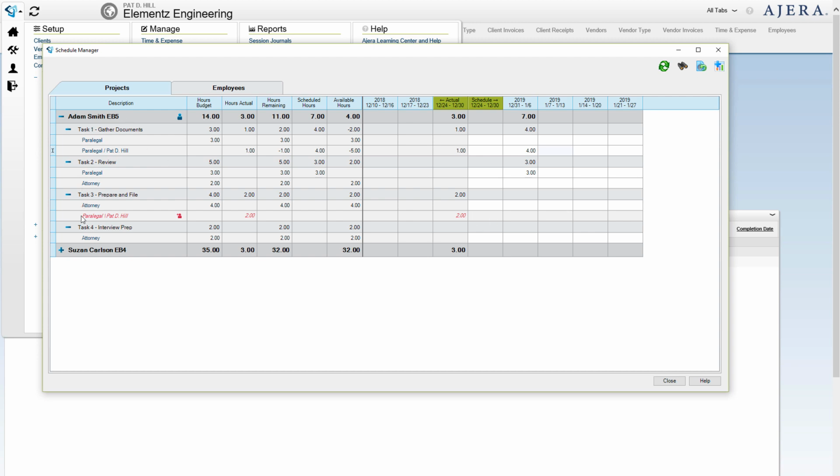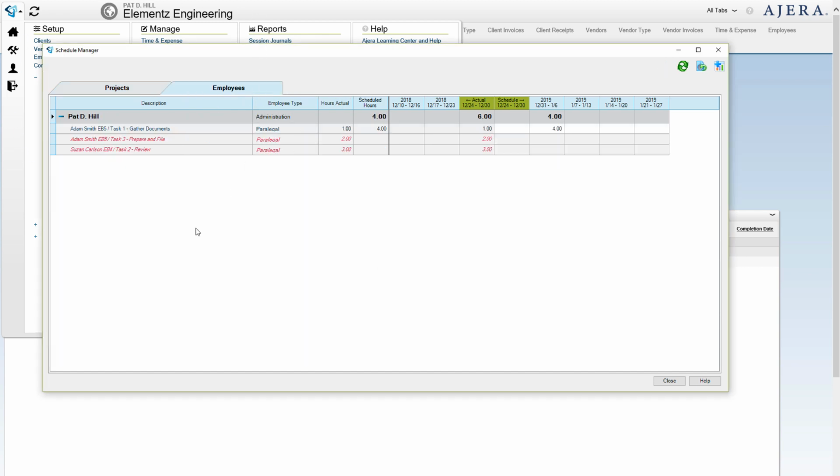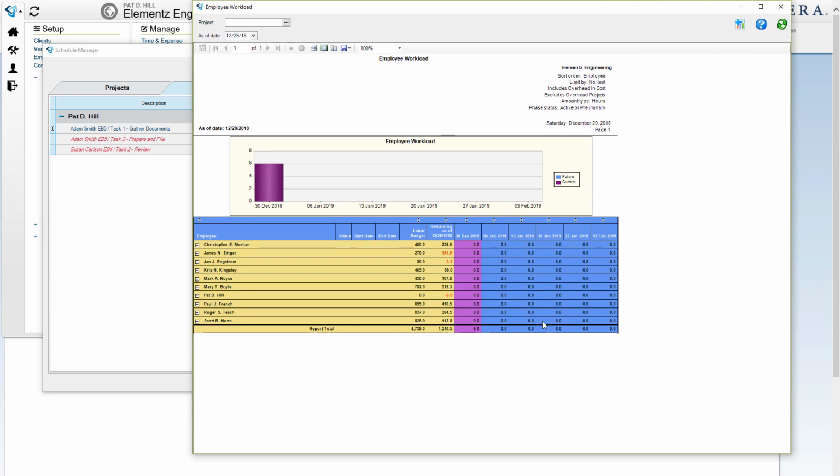So this is from a matter-by-matter granularity. The other option is to do it by employee. So this is Pat Hill, and this is all the matters that she can potentially bill into. And so now we can go over here and say she's going to work 5 hours here. And after you populate this, then we can get a report, and it will show which employees are over or under scheduled, or over or underutilized, and we can go back and